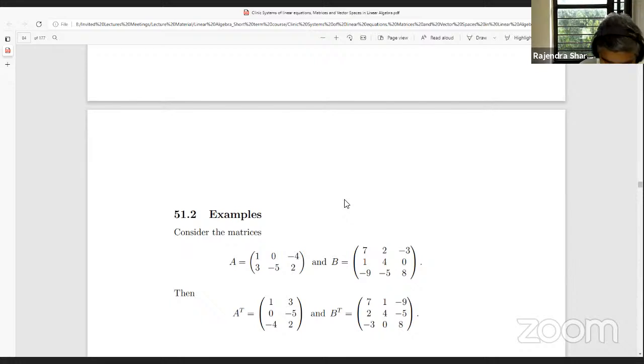So I must say that there are plenty of applications, enormous in fact. If you have to talk about, say, coding theory, then you have matrices involved. For cryptography, the Hill cipher, for example, also uses matrices.